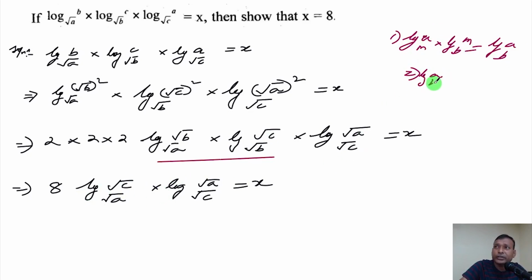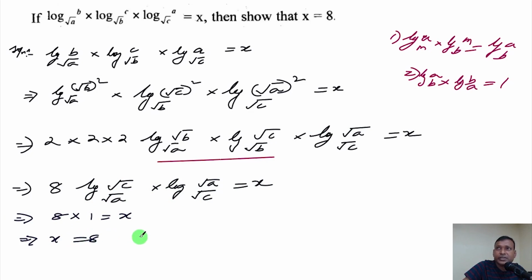We know that if we have log a to the base b and log b to the base a, we can cross multiply and cancel: a will cancel with a and b with b, and it will be 1. So whenever it is log a to the base b and log b to the base a, we write 1. So here it is clearly in this form, so it will become 1, which gives x equal to 8. So hence